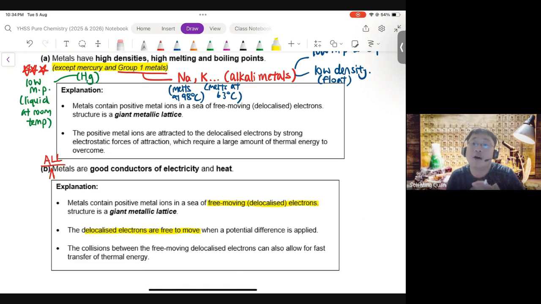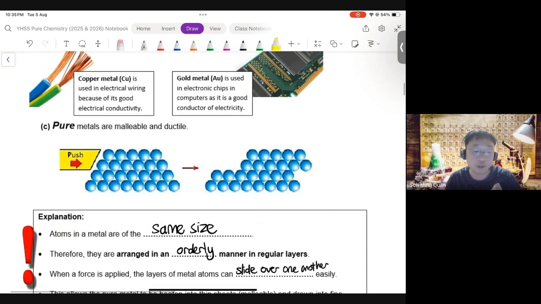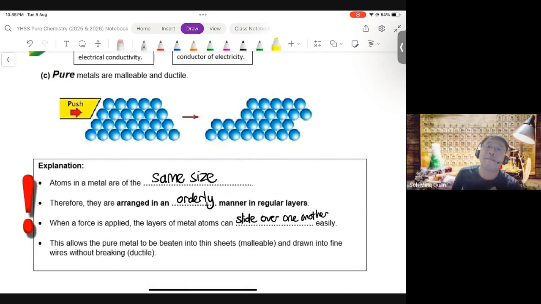Okay. Now, in terms of conducting heat, why are metals good conductors of heat? It also has to do with the delocalized electrons being free moving, because the free moving delocalized electrons can collide together. During these collisions between the free moving delocalized electrons, there is actually very rapid transfer of thermal energy by conduction. Okay, so it's important to note that all metals are good conductors of electricity and heat. There are no exceptions. The next property, which we have gone through before, is that pure metals are malleable and